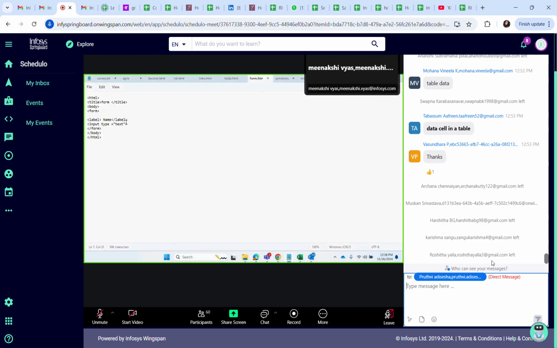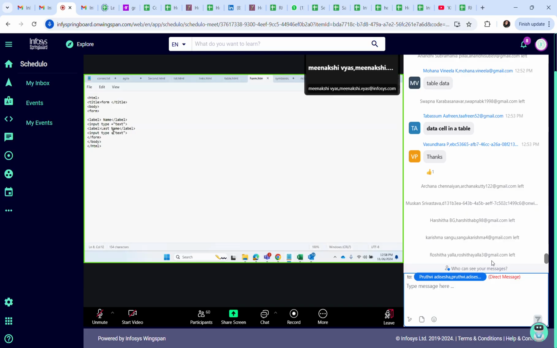Similarly, I can copy and use this for the last name. I can write last name. Now this is very simple, right? You can take the name Meenakshi, you can write Vyas, but at the back of the server, we need to copy this text and show that this name was written.